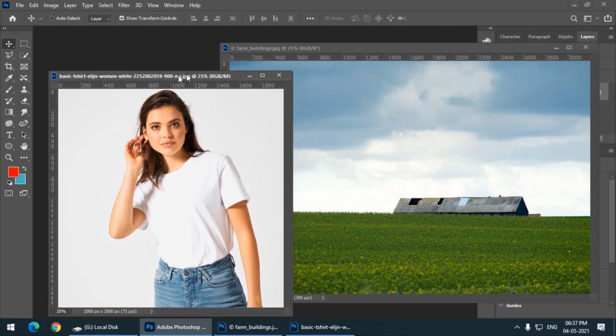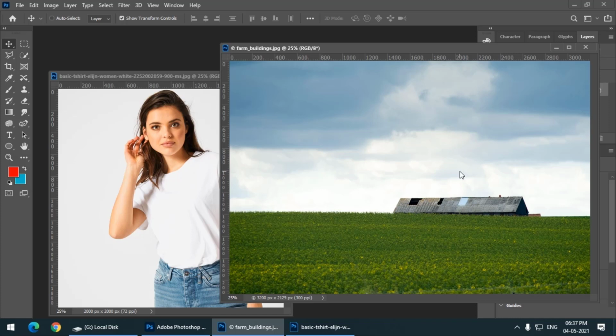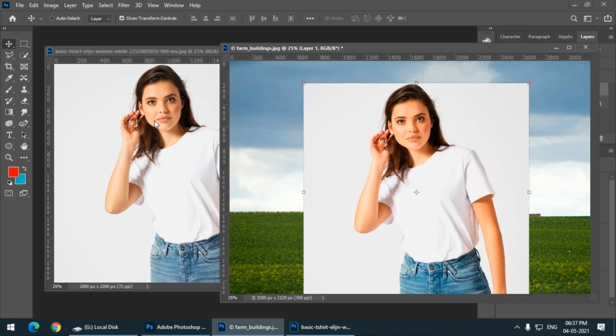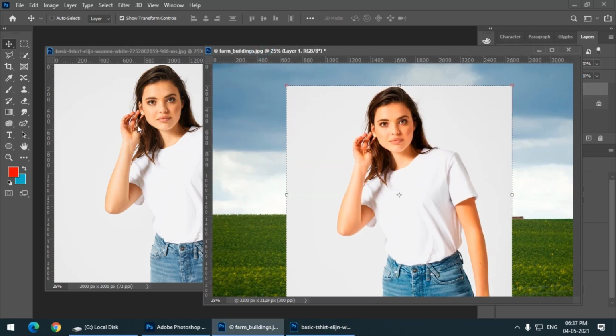What I'm going to do is click on this image, because I want to take this image and put it over here on this image of a house maybe, and some greenery. So I will left click on this image, press and hold the left mouse button and drag it over here. As soon as I reach my desired location, I will release my left mouse button. So this will move this image from here to over here without damaging the original image.